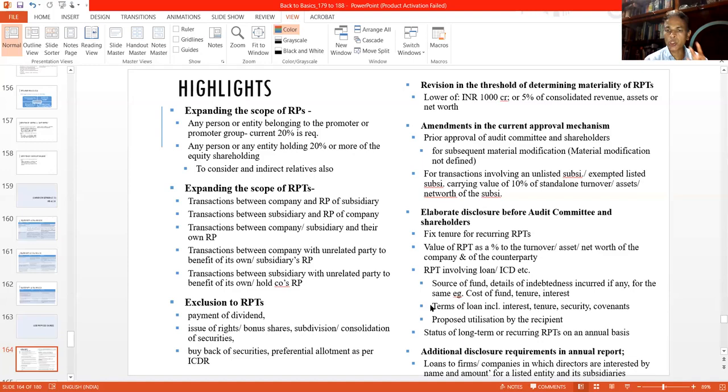That would mean if the intent and effect of a transaction is to give a benefit to a related party, irrespective of a stopover in between, where the transaction is done with an unrelated party but it circles back to a related party, even then the transaction will be considered a related party transaction. This will be a very, very important change because very